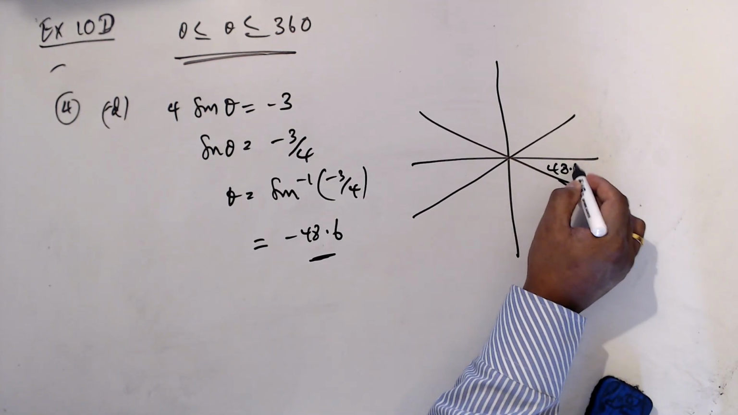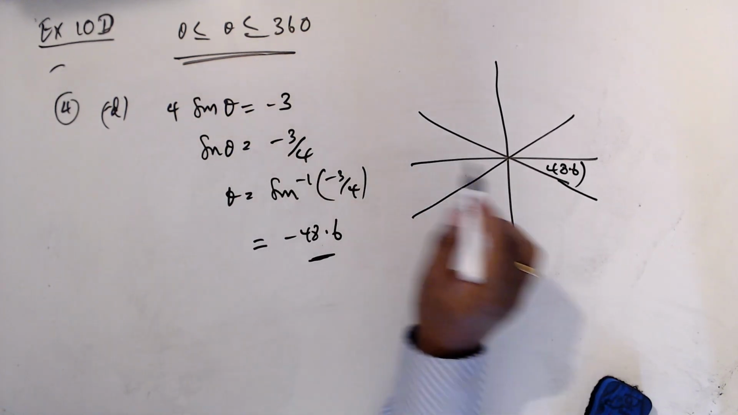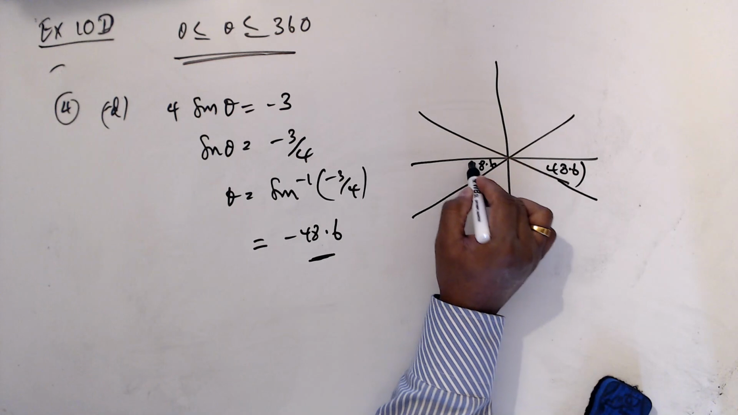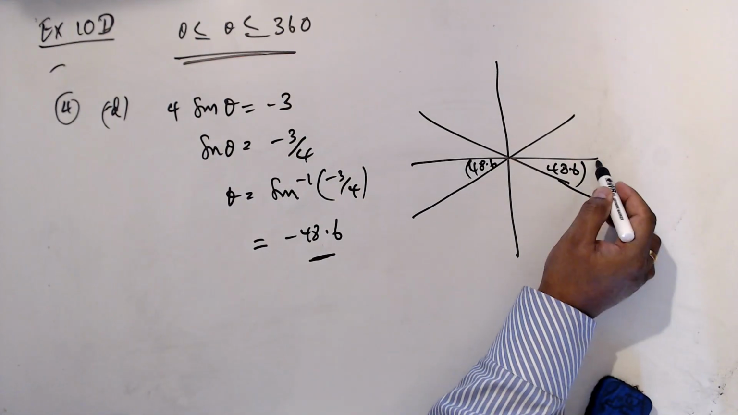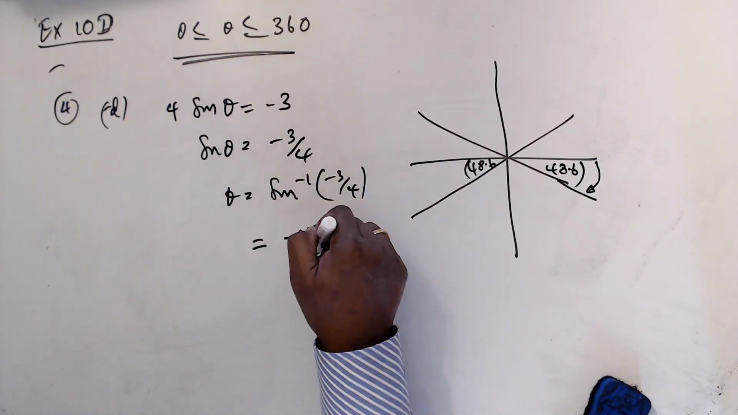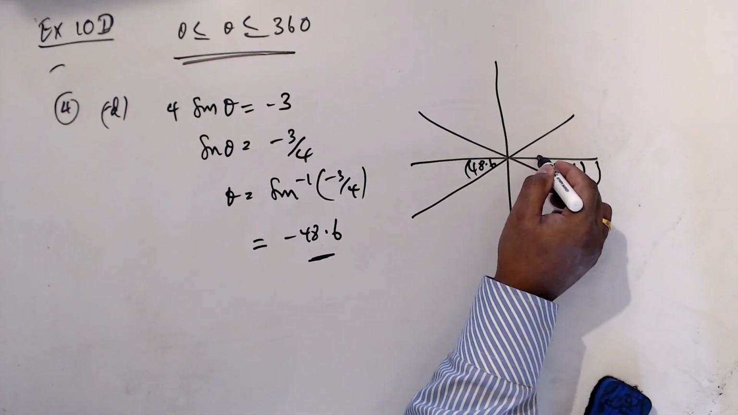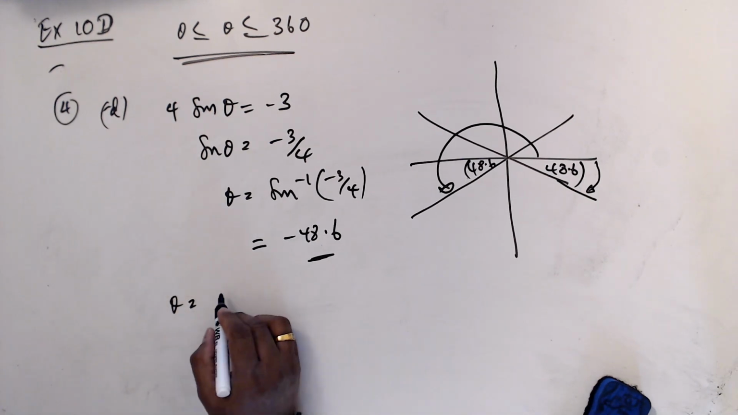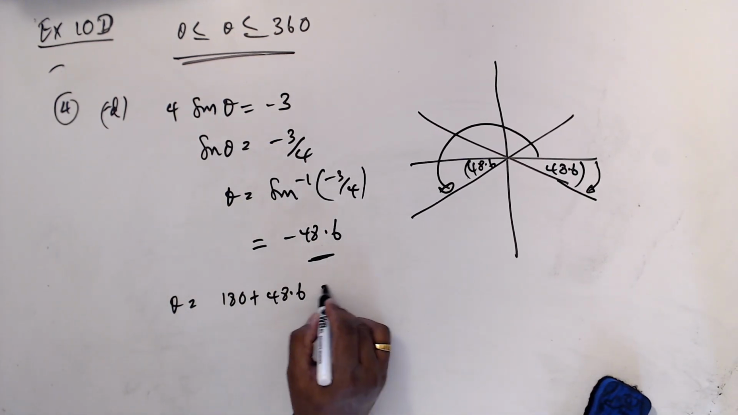This is 48.6, and sine is negative on this one and this one. So one answer is minus 48.6 if you measure like this, but we have to measure positively because it is not in this range. So we'll start from here. One answer is this one, theta equal 180 plus 48.6,